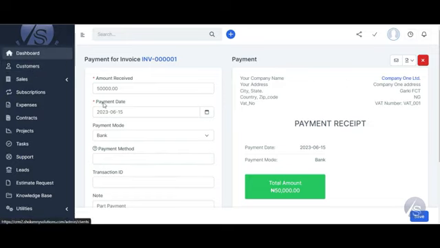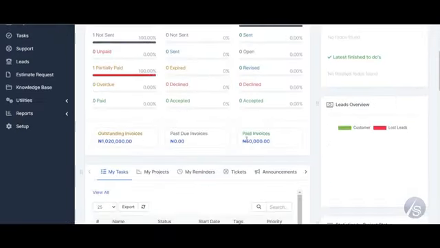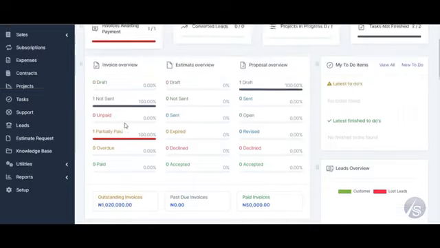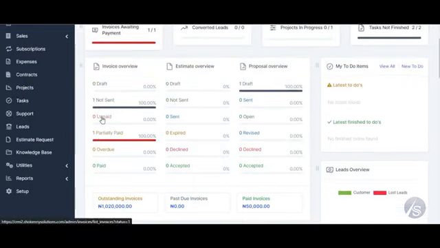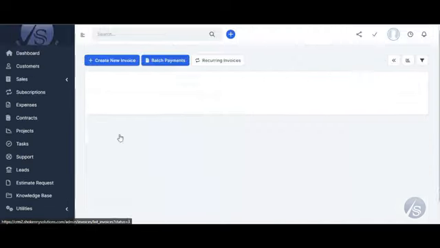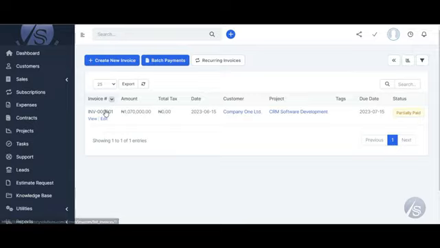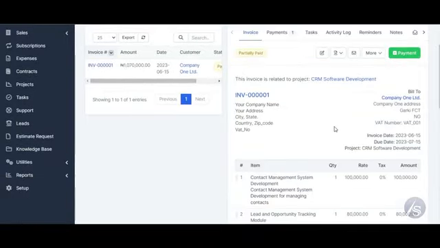Now going back to my dashboard, you will see that this paid invoice, you can see that 50,000 naira has been paid. You can see the outstanding invoice balance has reduced. You can see that I have 0 unpaid, but I have 1 partially paid item. So whenever the customer completes the payment, I'll just keep updating till they finish paying. So if I view this invoice now, I'm going to see that before